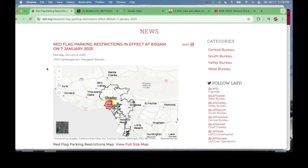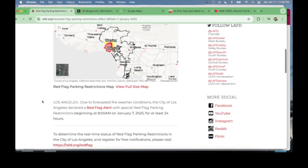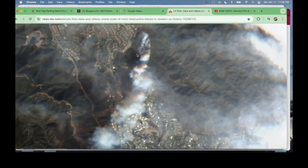This wind storm was well forecasted. Even the Los Angeles Fire Department posted this on their site, a day before, meaning red flag alerts were already literally just posted 2 hours before this fire started. So you can draw your own conclusions from the information I'm presenting, but